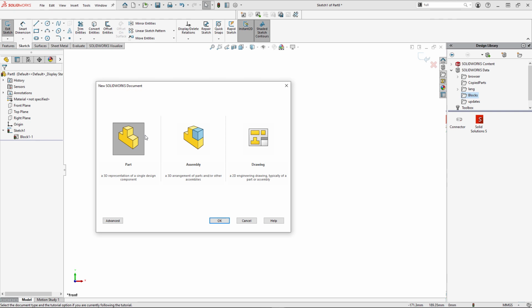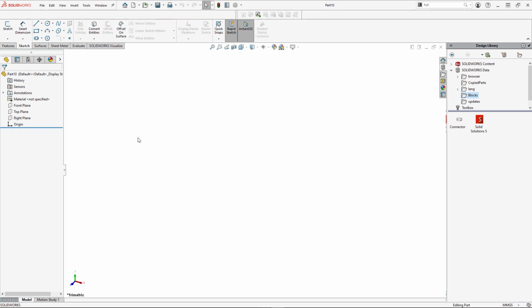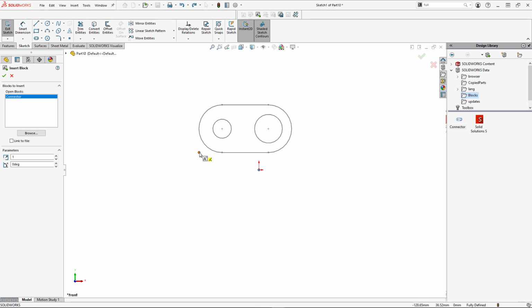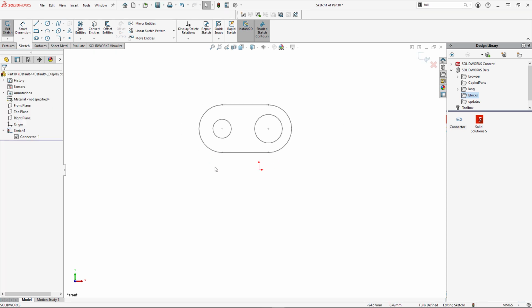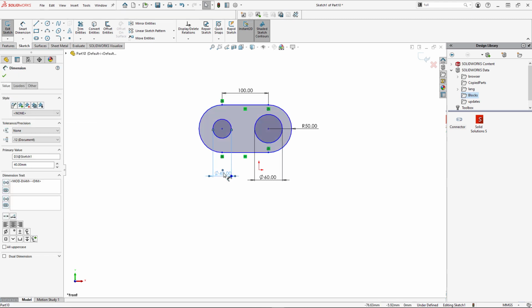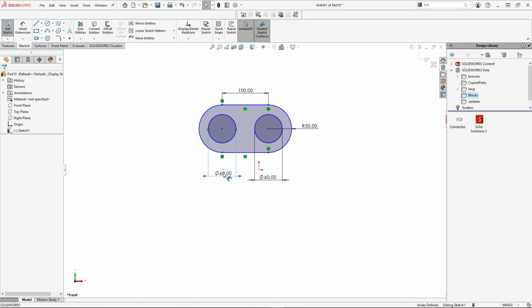Let's quickly look at another example. Here I've made a block that I want to edit and create a new block from. This is the block I've made, and I just want to do some simple additions to it. To make changes, you can either select Edit Block or choose to explode the block, which turns it back into a regular sketch entity. In this case, I'll explode the block.